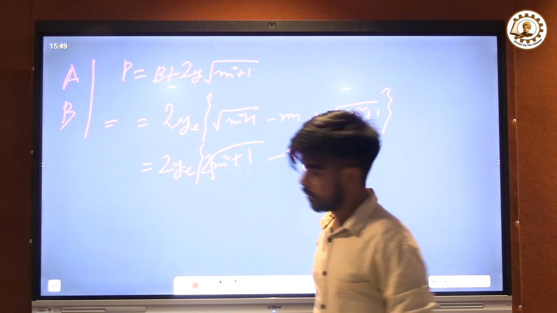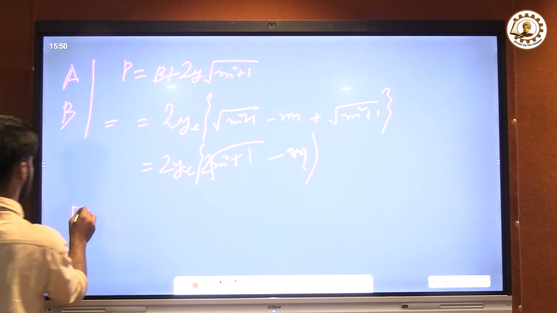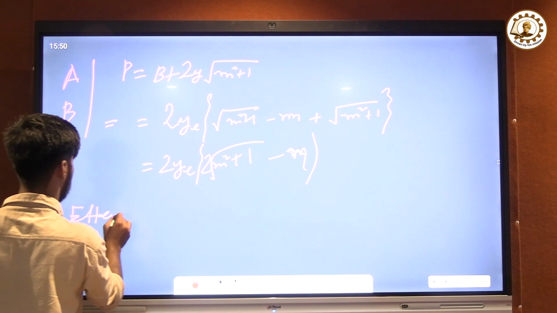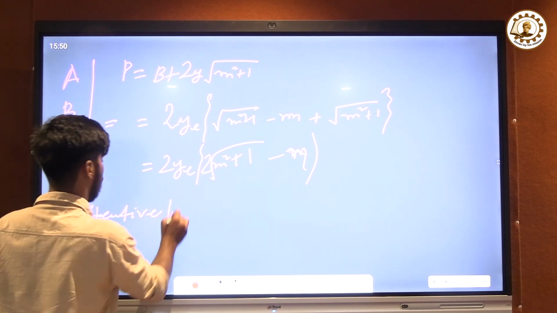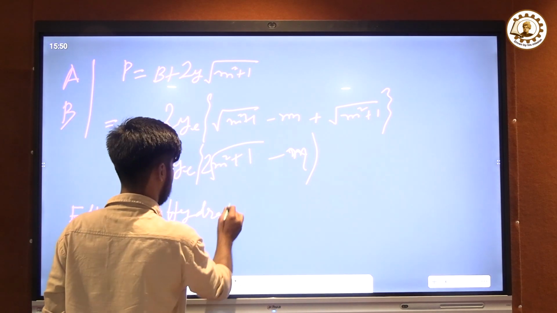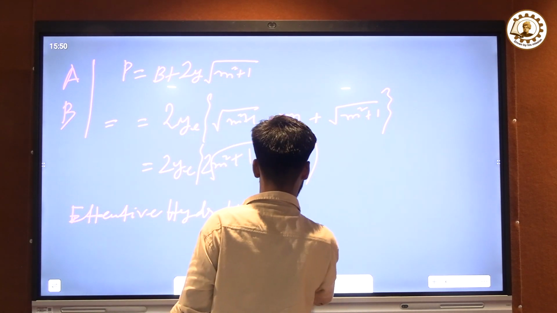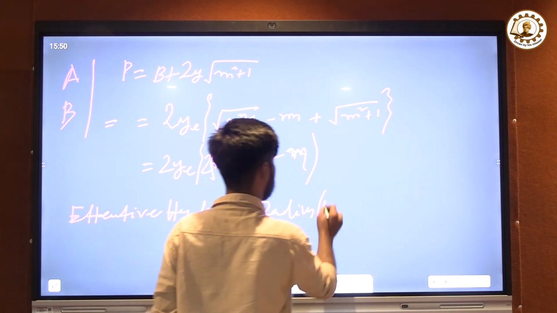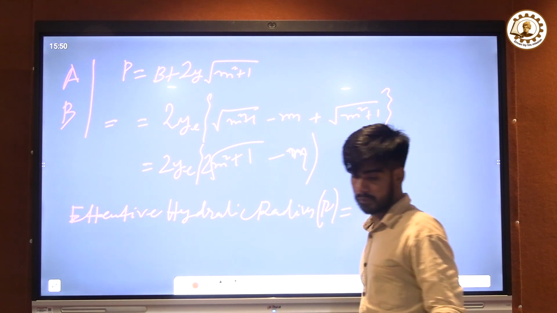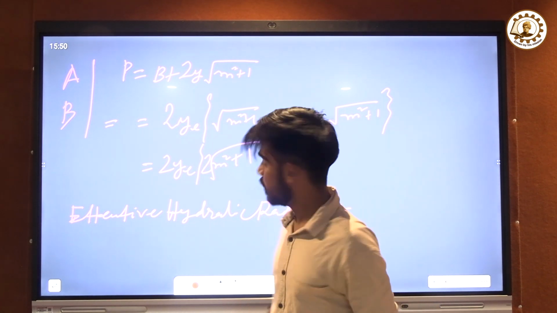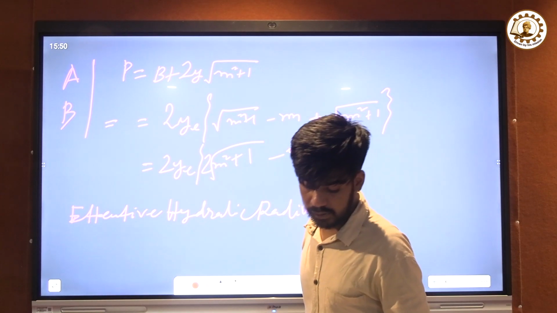And so the efficient hydraulic radius, or R, will be A by P. So we have the value of A as,